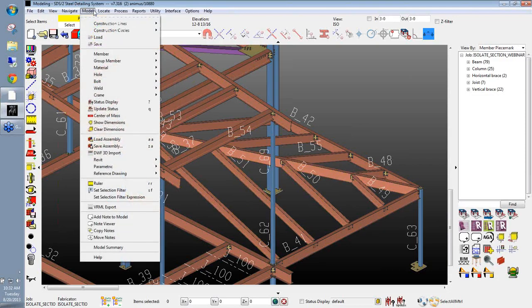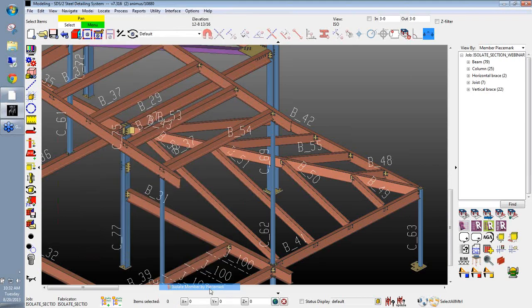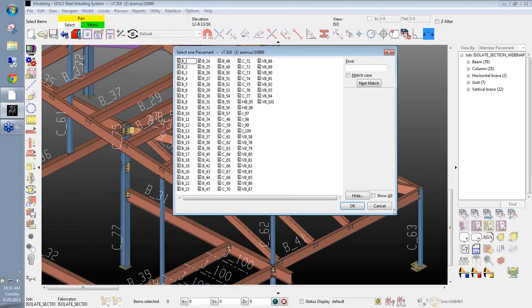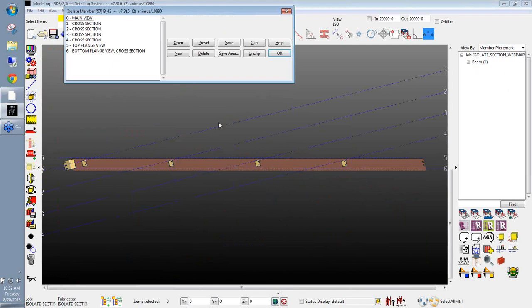You can also use your pull-down menu under Model, Member. We have Isolate by Location. You can do it by piece mark or by member number as well, to bring up a list to select from there. Again, I typically use my keyboard shortcut, so I'm going to pick the member I want to isolate and just type MI on my keyboard, and that isolates that member from the rest of the model,